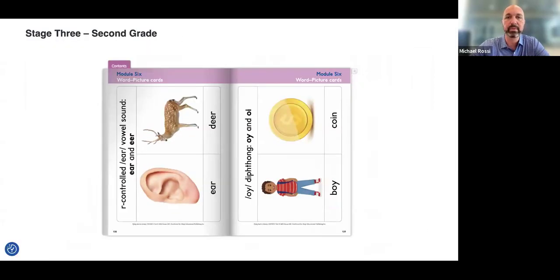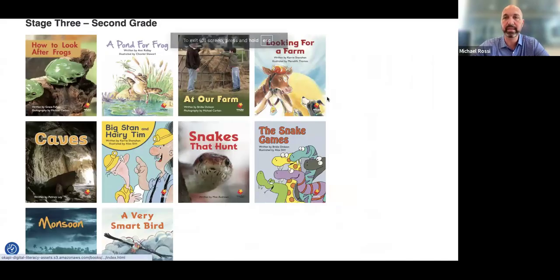Moving out of the teacher resource book and into the decodable text. Remember, these are to be done at the end of each module. There are 20 units in Flying Start to Literacy Stage 3. There are 20 decodable texts. Each decodable text